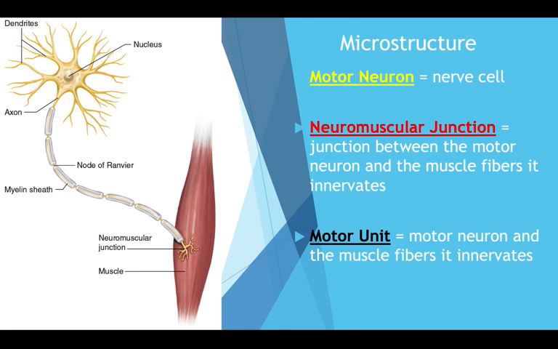Okay. But with a neuromuscular junction, like I said, the single motor neuron innervates many muscle fibers, sometimes hundreds or thousands. But a motor neuron and the muscle fiber it innervates, this is called the motor unit. Okay, the motor unit. So the motor unit itself is the motor neuron and the muscle fibers it innervates, as you can see on the picture on the left. That is a motor unit consisting of a motor neuron and the muscle fibers it innervates. And there's typically several hundred muscle fibers in a single